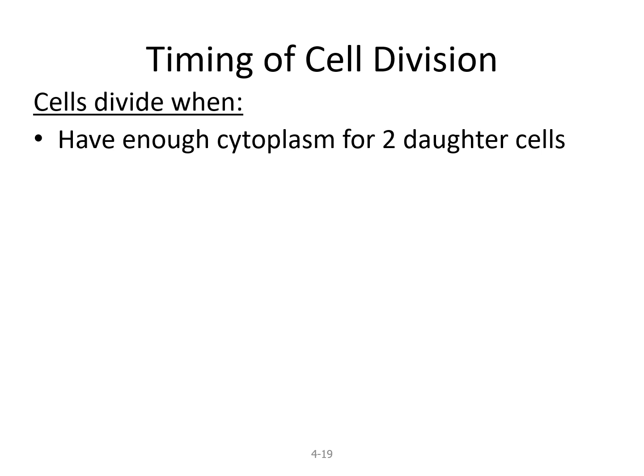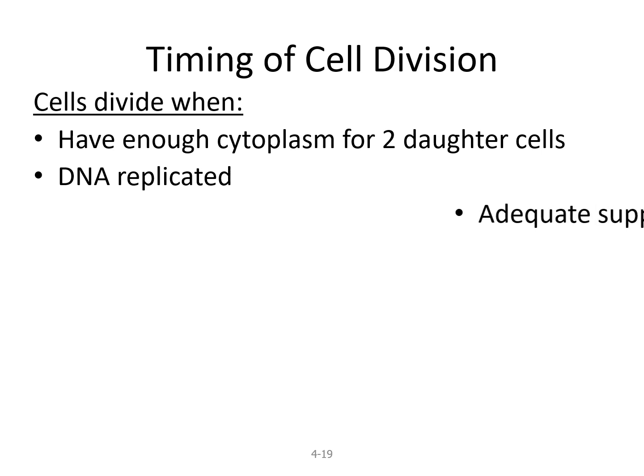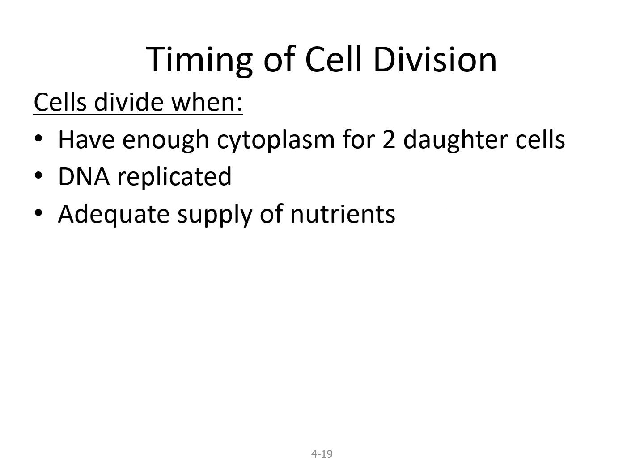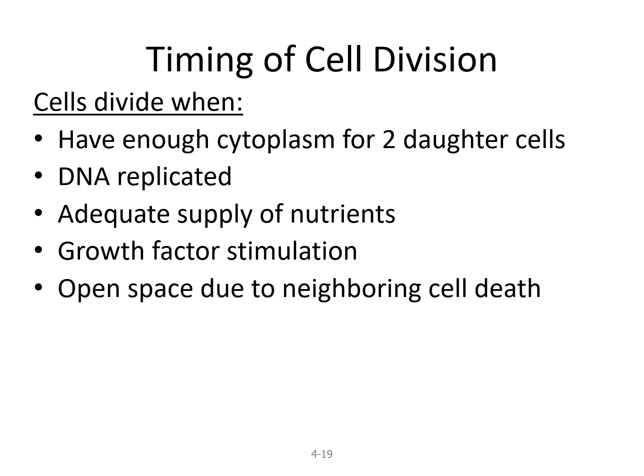Okay, so timing of cell division, when do cells actually divide? Well, they don't always divide when these conditions are met, they just can divide if these conditions are met. So they can divide when they have enough cytoplasm to partition into two daughter cells during that process of cytokinesis, when the DNA has been successfully replicated during S phase of the cell cycle, when they have an adequate supply of nutrients, when they are stimulated by growth factor, when there's open space due to neighboring